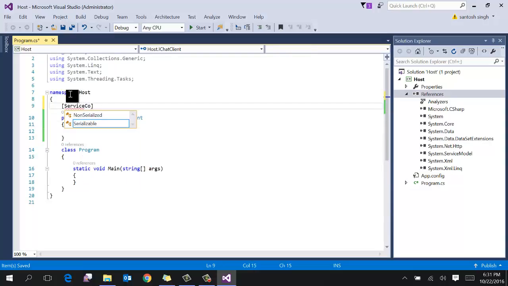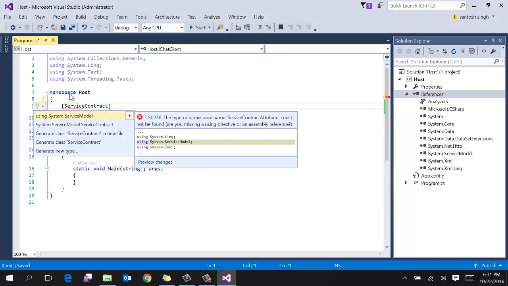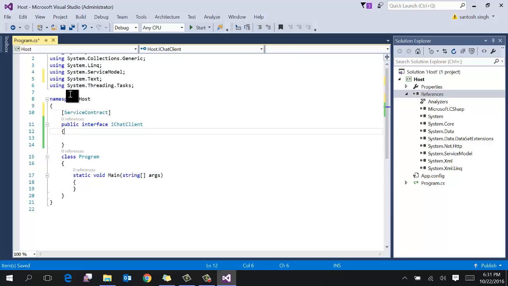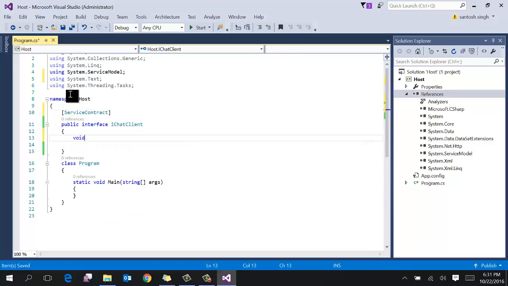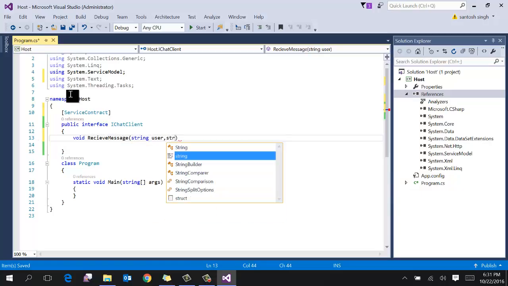Add attribute ServiceContract and one method, ReceiveMessage, that takes two parameters, user and message.